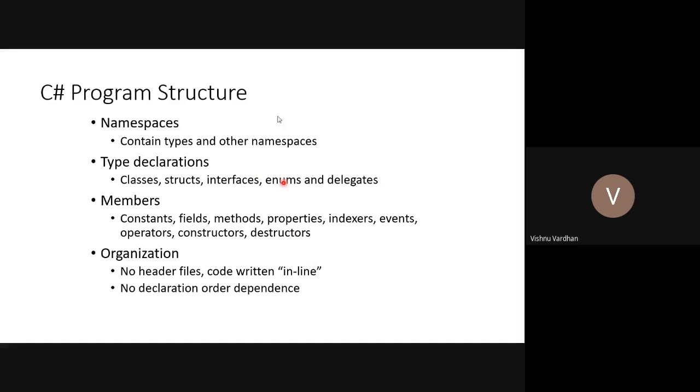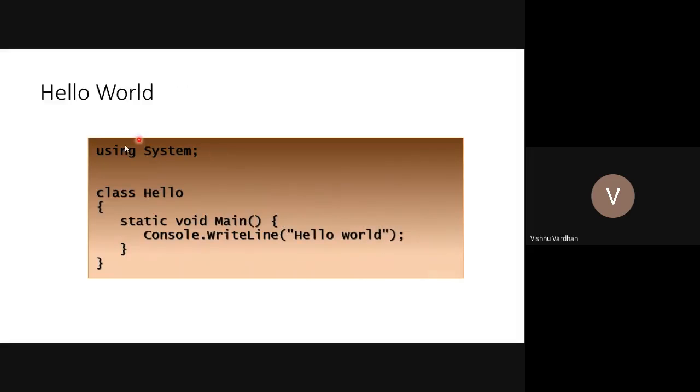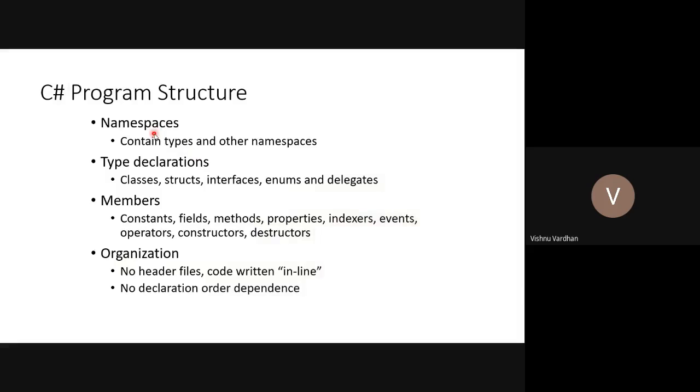So the programming structure for C#: first of all we have to declare the namespaces. Namespaces are generally written on top of the class file, and you can provide one or more namespaces or packages. The parallel term is package in Java, but we generally use the term namespace in the .NET framework. Whenever we implement namespaces, they can contain types and other namespaces.